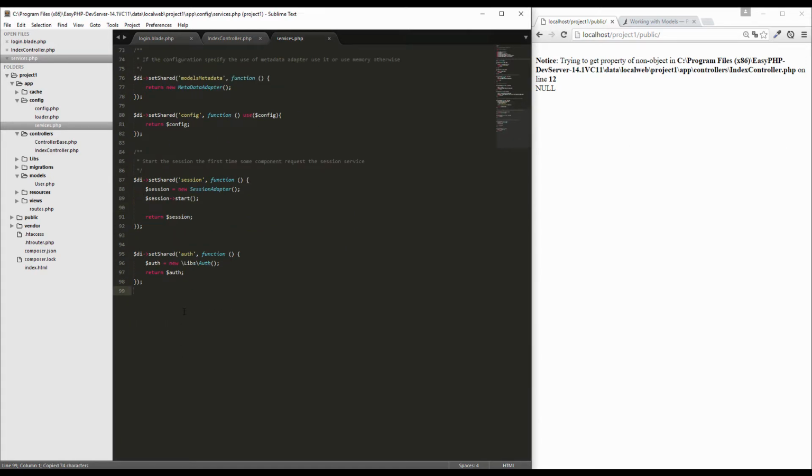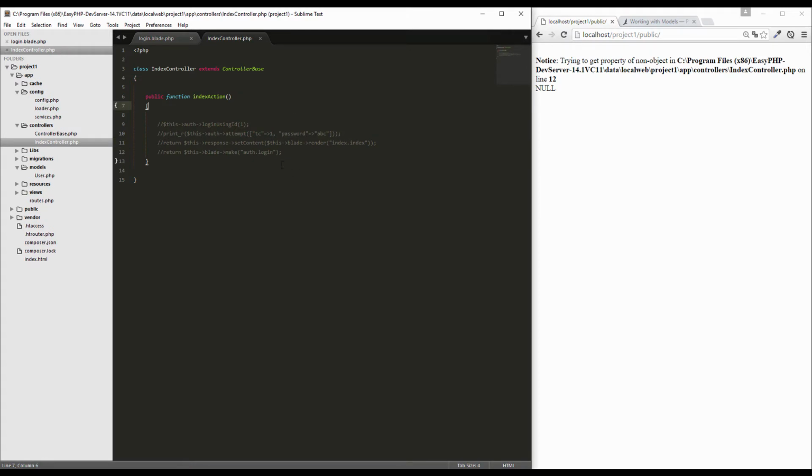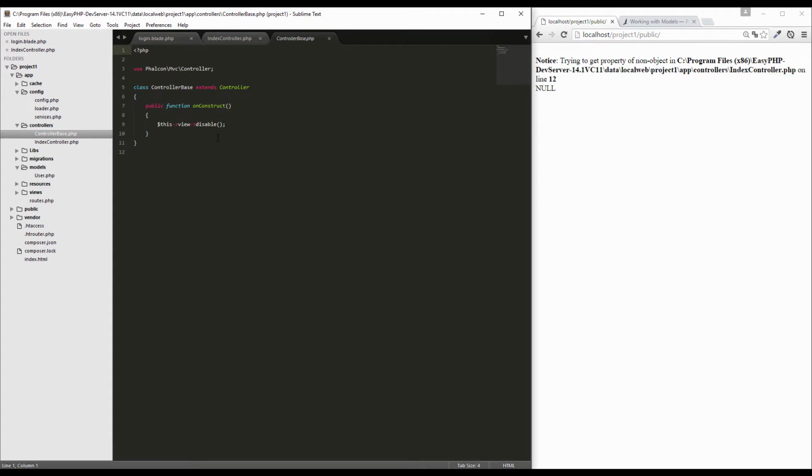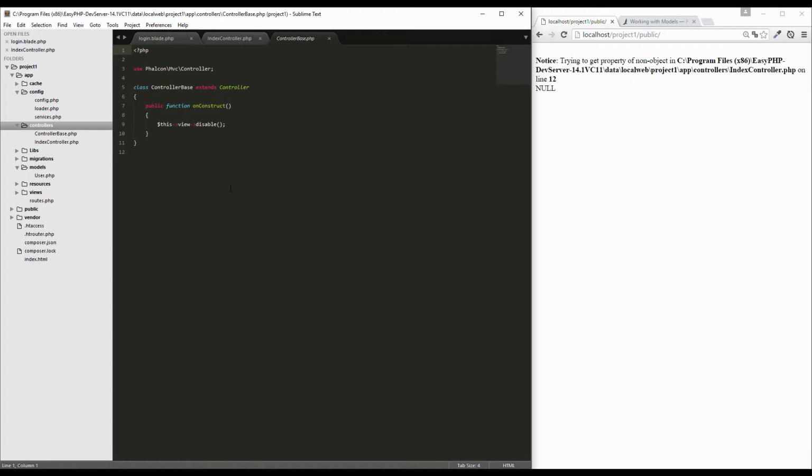object into our DI container. Set up the flash. Now, this controller is responsible for disabling all the views. We need another controller just like this. So what I'll do, quickly duplicate it,